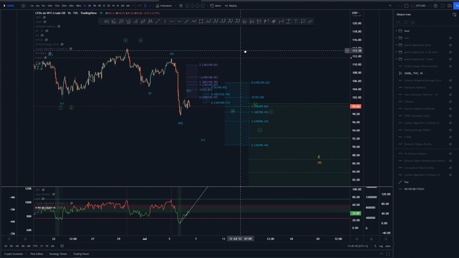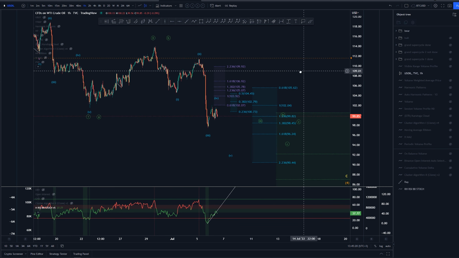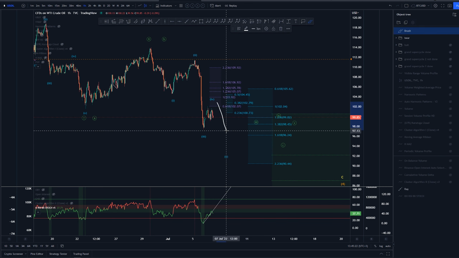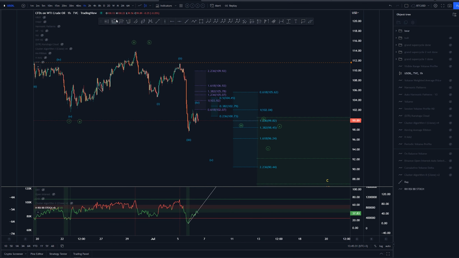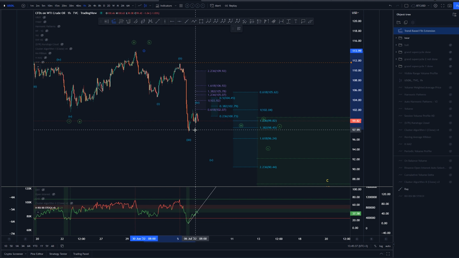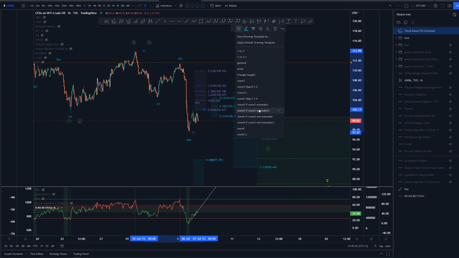After we have created the wave 4 completely and we have seen a wave 1 of some sort, or at least a possibility for that, then we can start measuring possibilities and the extension targets for this wave 5. At the moment, if we are looking into that and saying that we have already completed wave 4 here, I would be looking at something around these lines as